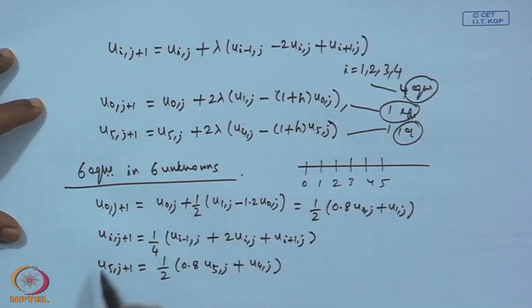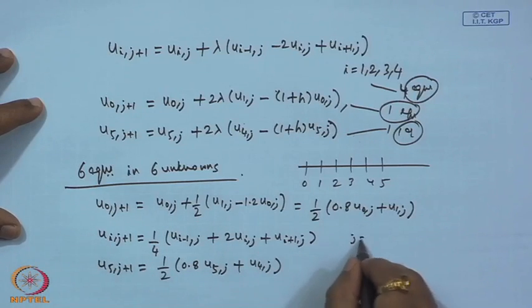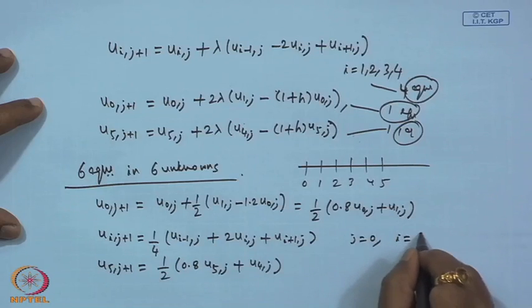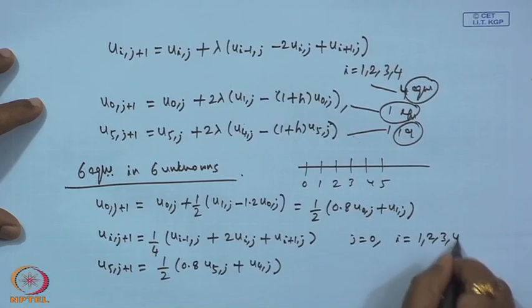So, we can compute by considering j equals to 0 and i 1, 2, 3, 4